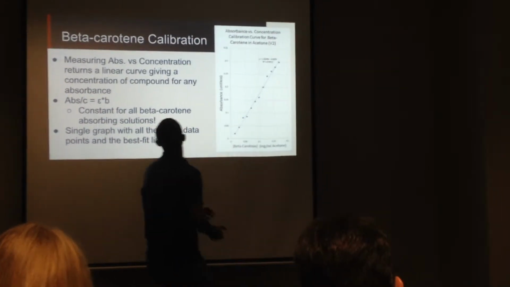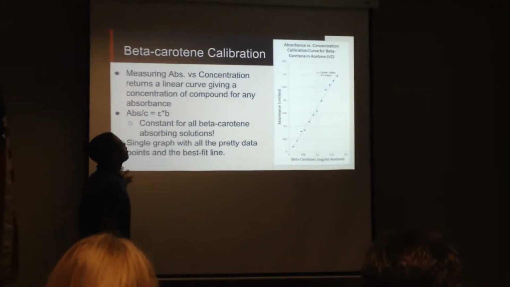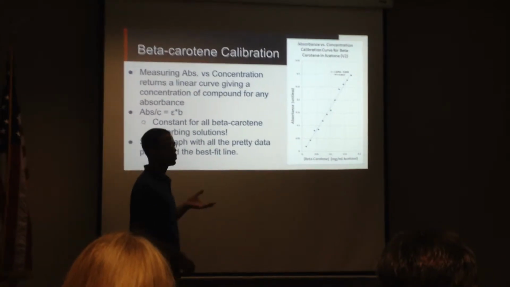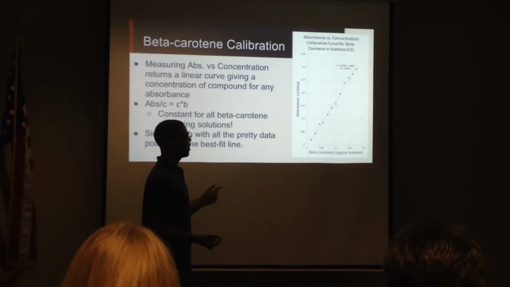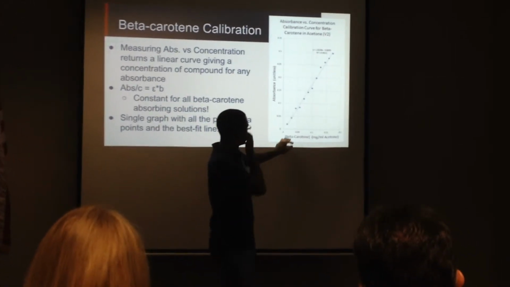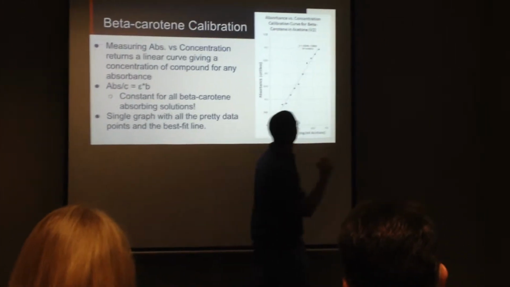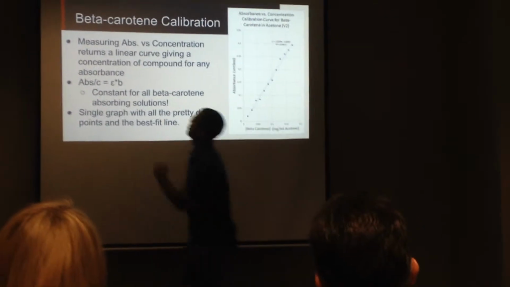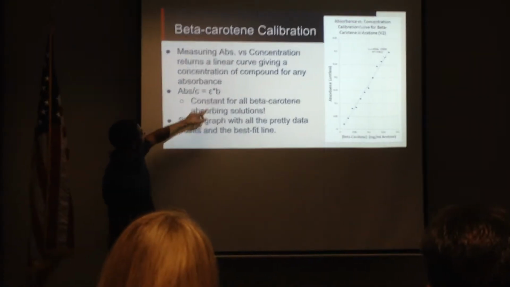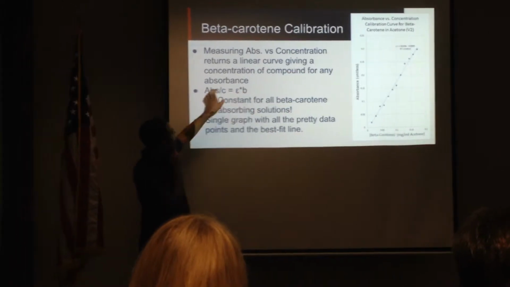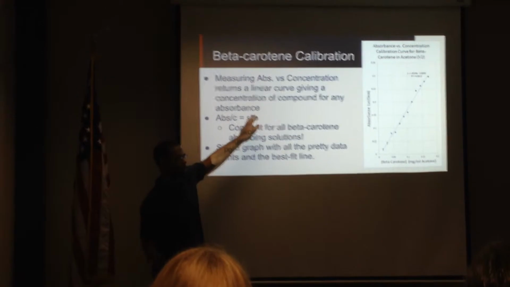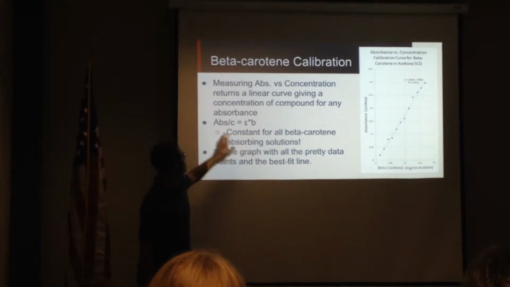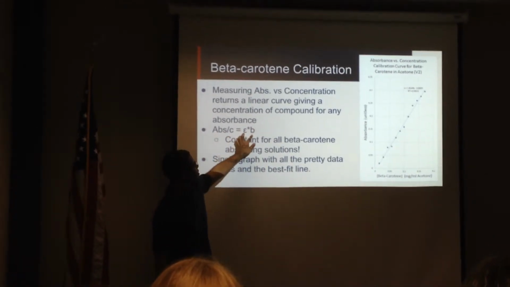Okay, and then finally, I made a solution of beta carotene and acetone, and then diluted it to different concentrations to measure the absorbance. That way you get a slope. If you remember the original equation, absorbance equals the extinction coefficient times path length times the concentration. So the slope of absorbance versus concentration is going to give me this coefficient, which is going to be constant